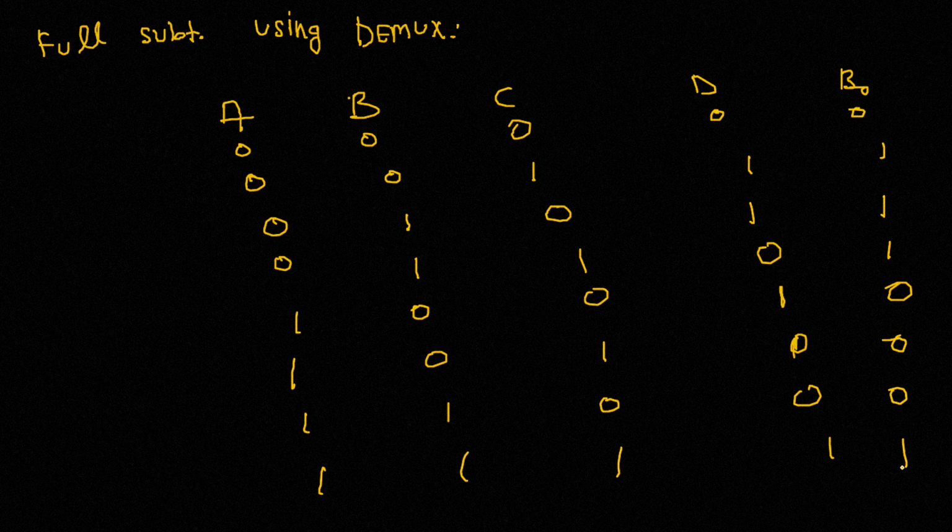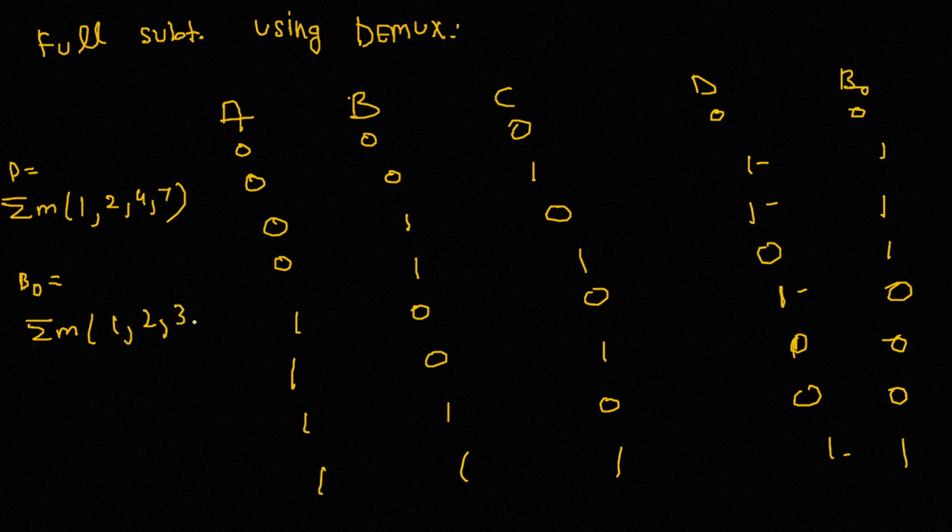So what we can do is write this as a sum of minterms, right? D gives us 1 for values 1, 2, 4, and 7. So D is 1, 2, 4, and 7. And borrow out is the summation of minterms 1, 2, 3, and 7. Sorry, 3 and 7, so 1, 2, 3, and 7. Right. So in a demux, what you actually get as the output are